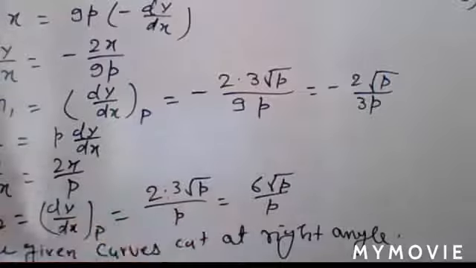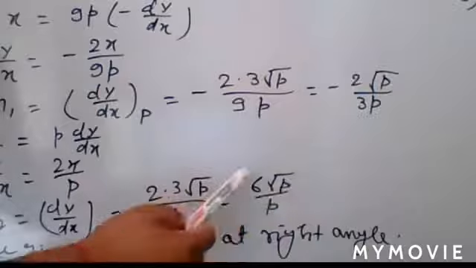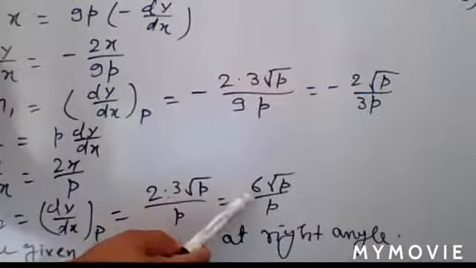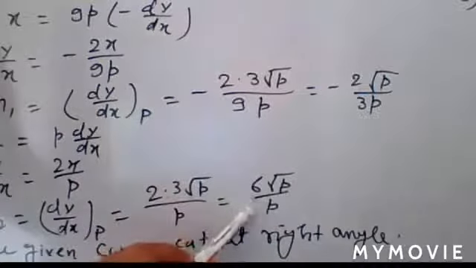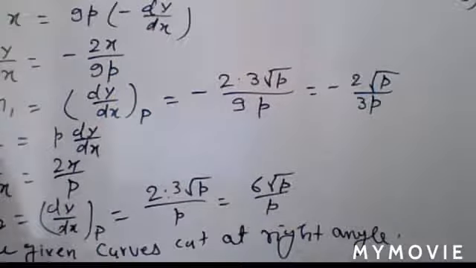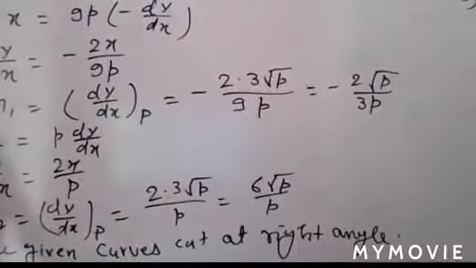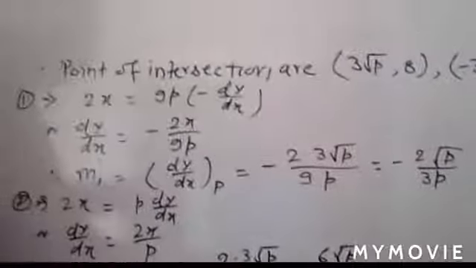Understand? So overall you have the same amount, but only m1 becomes positive and m2 becomes negative. So if you put it in the condition m1 m2 is equal to minus 1, there is no change in value, so there is no need to write it out for that. But if you want to, you can do it. Here you have the same value of p. Everyone clear?